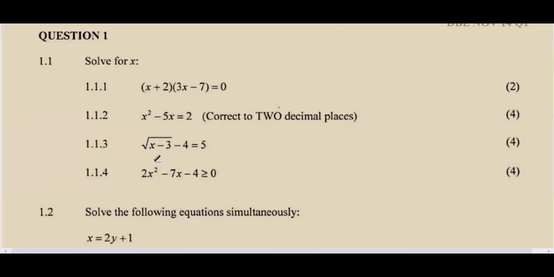Then 1.1.4, we have inequalities. All you have to do here is just factorize this, right? If you can't factorize this, you can simply punch in your quadratic formula and then look for the factors there. If we say this is A, 2, and this is B, -7, this is C, -4. I'm going to punch it in a calculator, so B is -7, then plus, I'm putting it in the quadratic formula, and my A is 2, my C is -4,